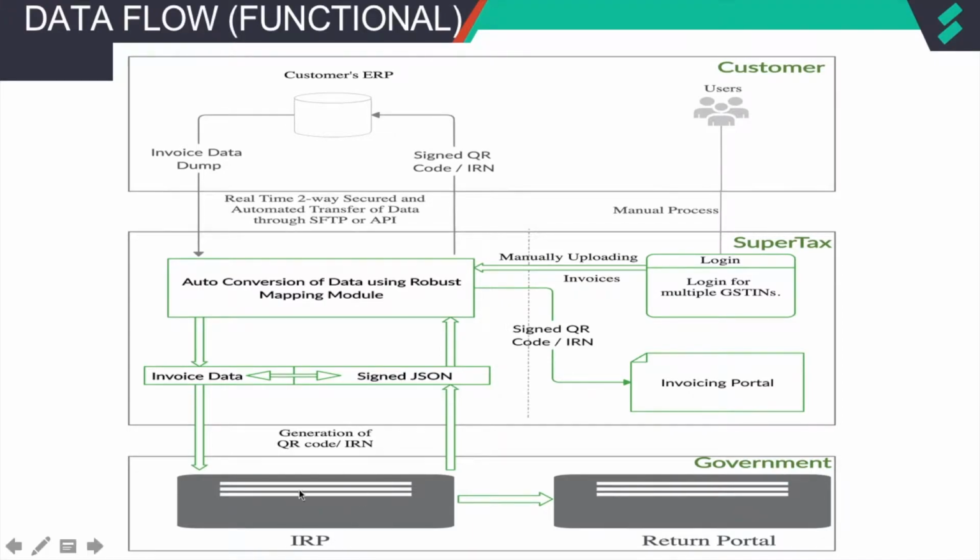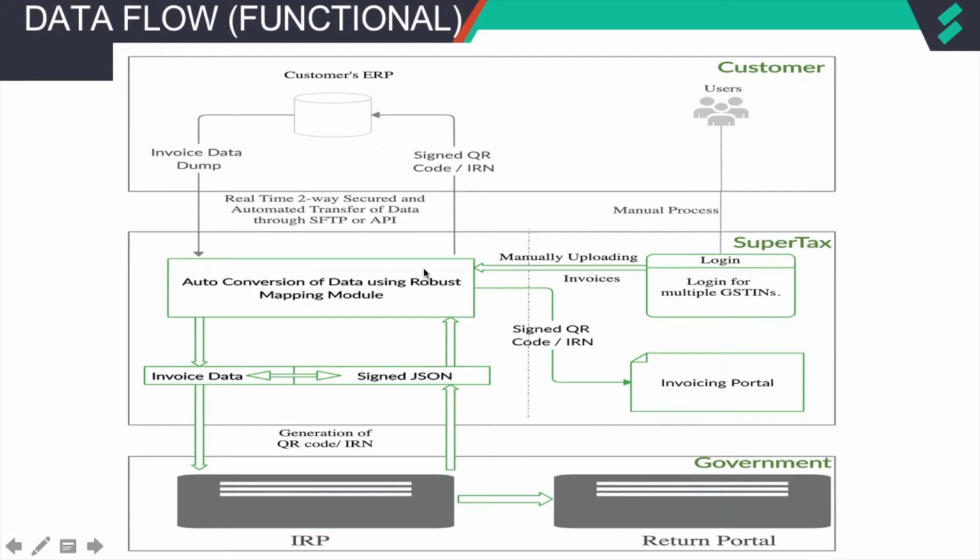Since you are required to register on IRP the invoice data specified by government in its schema, and since this data is available in your ERP or billing system, it needs to be interfaced to the Supertax portal. Once this data is received by Supertax, it is validated and processed. The required file is generated by Supertax and pushed to IRP. Once data is successfully registered on IRP, it returns a signed JSON file which is decrypted by us to obtain the QR code along with IRN. QR code, IRN with other data is interfaced back into your ERP by way of a response file.